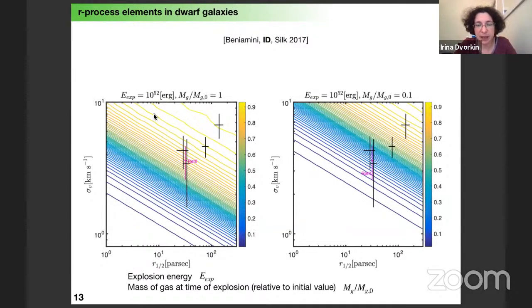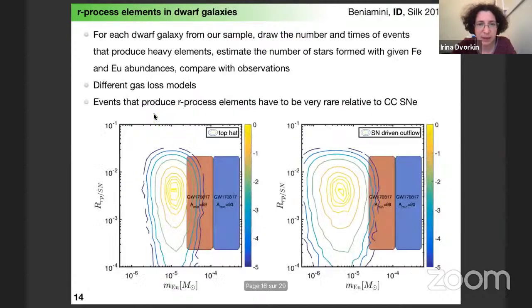And if the explosion energy is higher, of course, then you retain fewer elements inside the galaxy, but you still retain a very significant fraction inside. What we showed here is that you still expect to retain a fraction inside these dwarf galaxies. And then what you can do from here is look at what constraints you can put